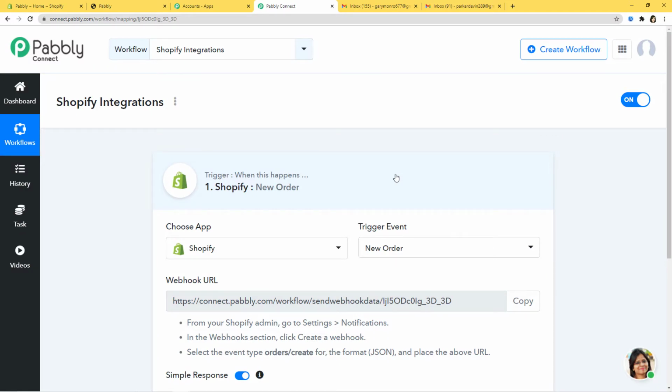Now you might have a question in your mind that what is this term called trigger event? Let me tell you that automations run on the concept of triggers and actions. It is all about when something happens, do this. For example, when a sale happens, send an email. In our case, when a new order is placed in Shopify is our trigger event over here.